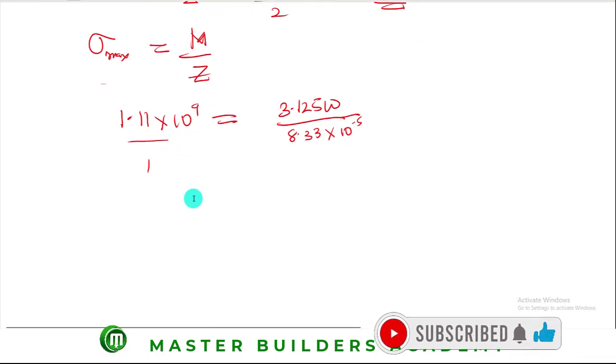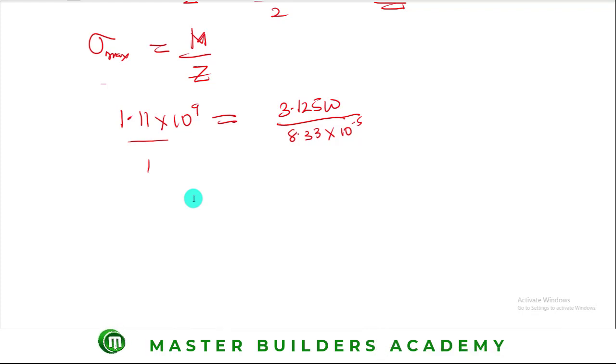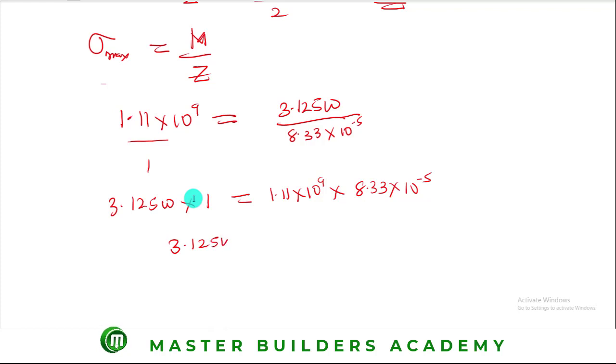So what we do now is to cross multiply. As we cross multiply from here, we'll have 3.125W multiplied by 1 is equal to 1.11 times 10 raised to the power of 9 multiplied by 8.33 multiplied by 10 raised to the power of -5. I hope you are here. So this will still give us 3.125W. Anything multiplied by 1 gives you the same thing. And then when we multiply this out, this will give us